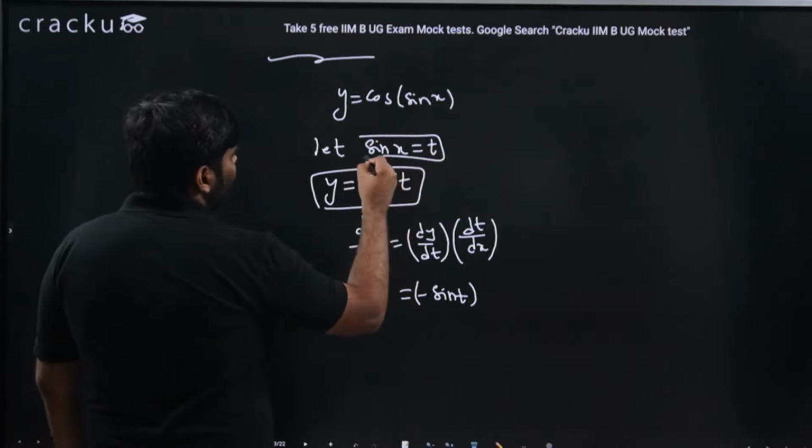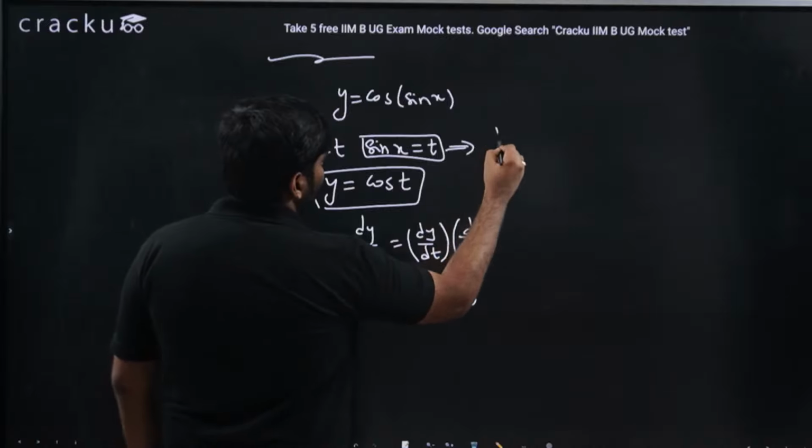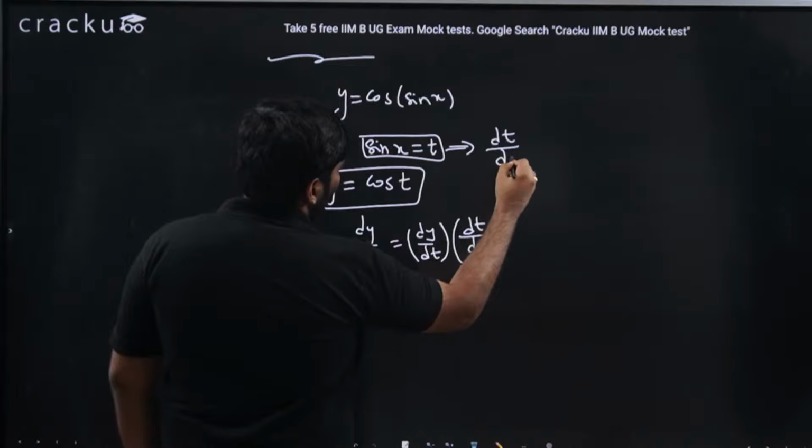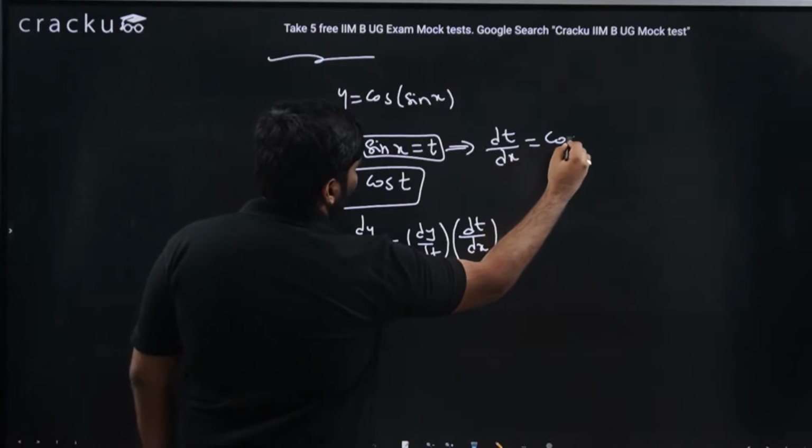I took sin x as t, so this implies what? dt by dx is nothing but cos x, because t is sin x, dt by dx is cos x. So this one I can write as cos x. Now,